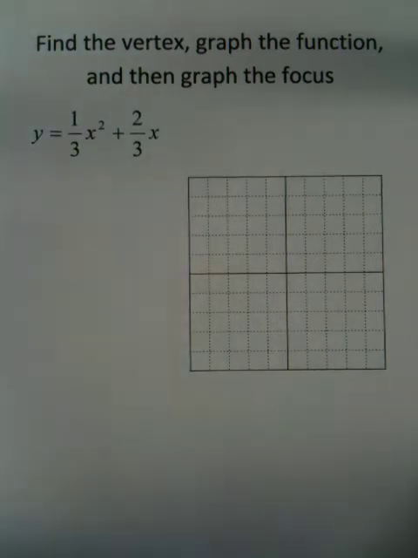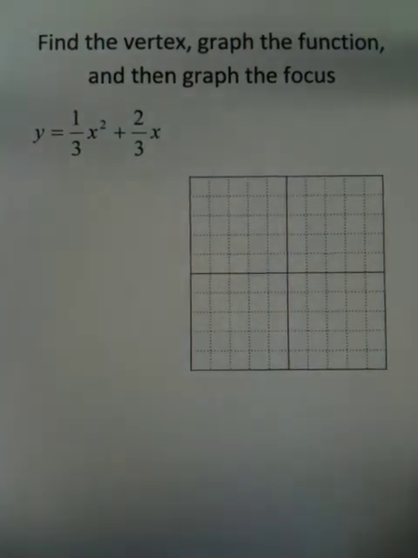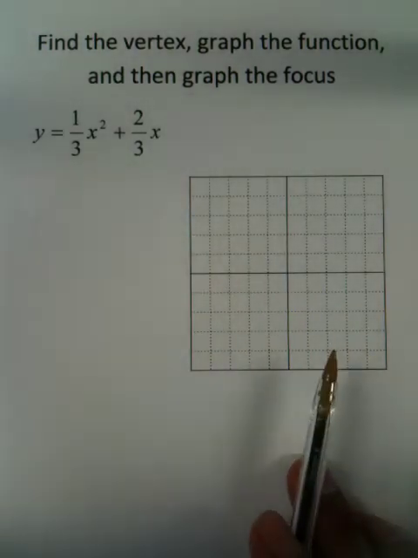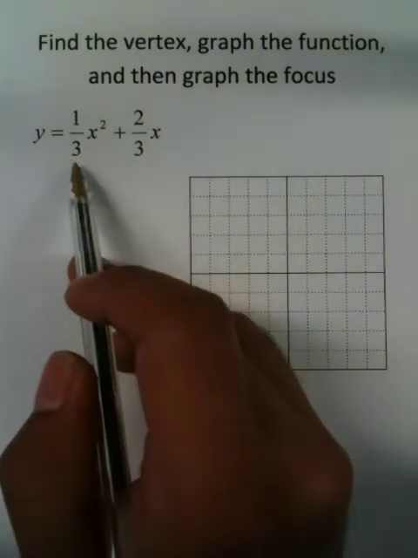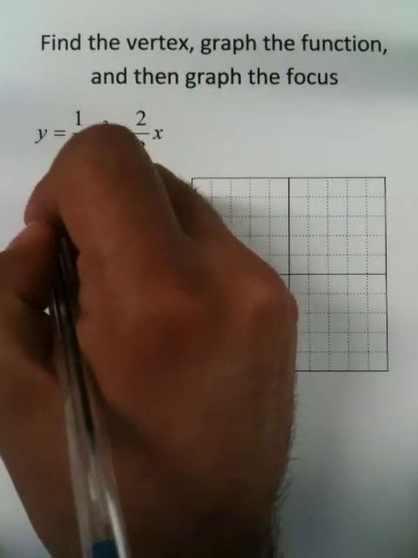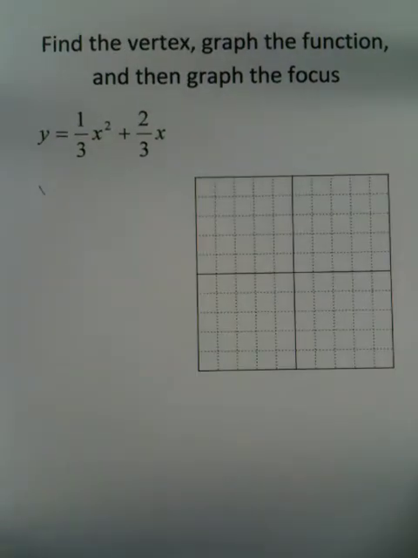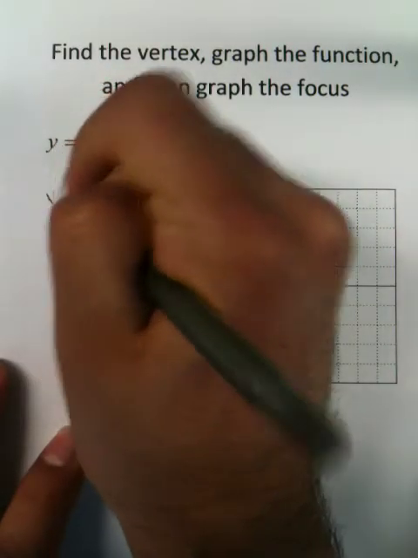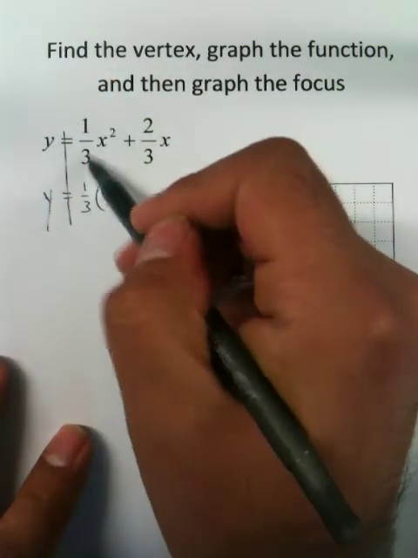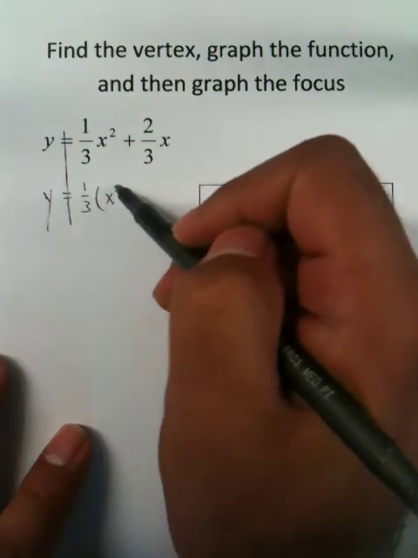Okay, when graphing quadratics, you want to put your equation in vertex form. Now, you can't have a leading coefficient when that happens. So the approach I'm going to teach you today is how to factor out a fraction. If you take 1/3 divided by 1/3, you'll get a positive x squared, which is exactly